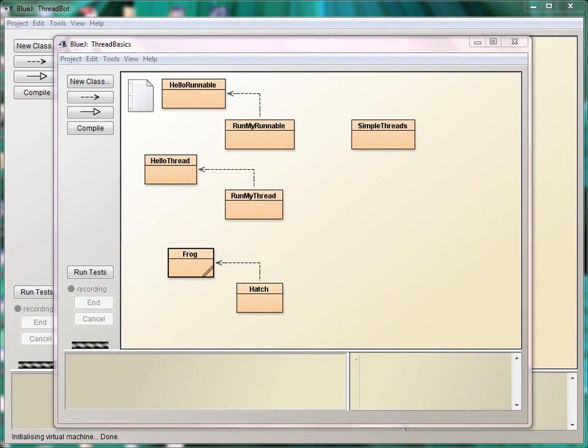Hi everyone, and welcome to part 2 of Threads, in which I'll show you how to do threads in the Karel J. robot world. Before I do that, there's one thing I overlooked in my last presentation, and that is